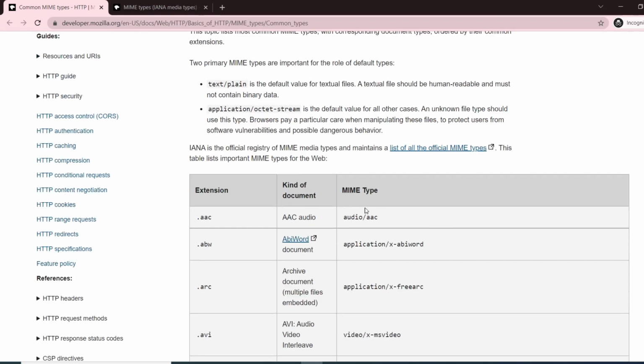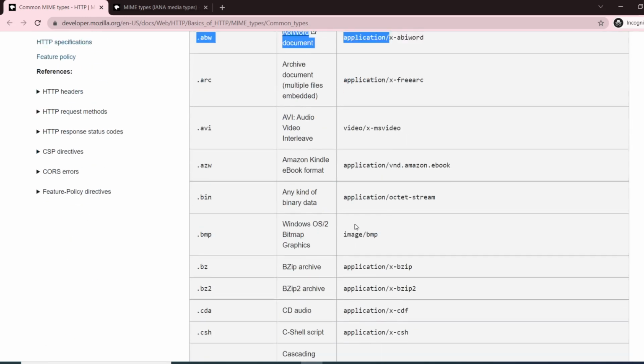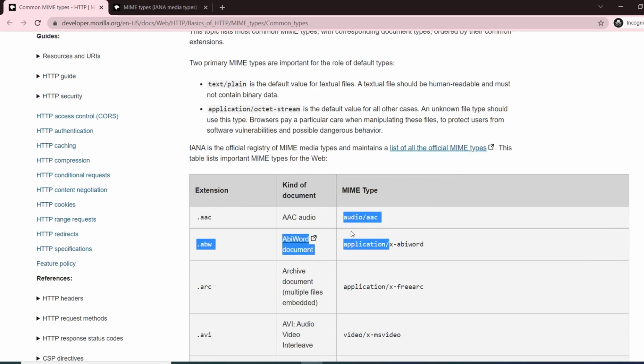Because if we don't have a mem type object, where can we search that extension? So we should have this mem type object, and in that object we are going to search our extension, right? I guess you are getting my point. If you still have any confusion, let me take you through the code.